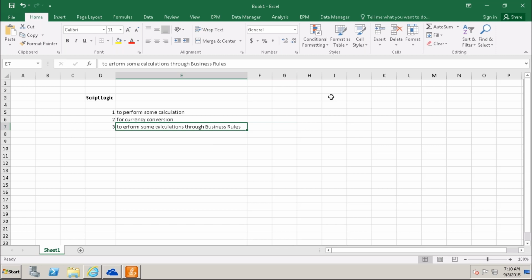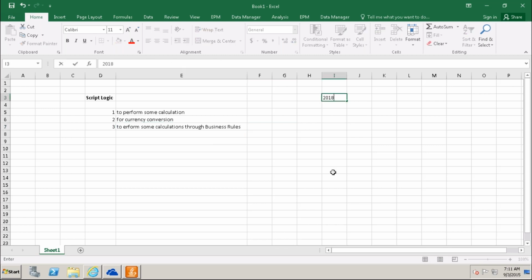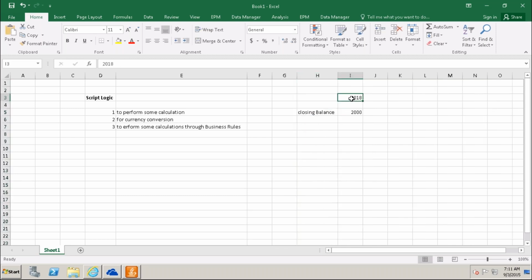For example, this is the year ending, 2018 year ending. In my account, I have 2000 rupees. This is my closing balance for this 2018 year, December 2018 month.